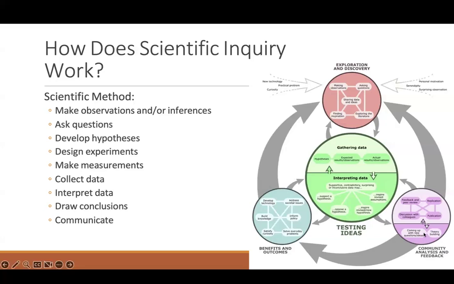So you might need to go to this community analysis and feedback section to get expert ideas from others that are researching the same thing. And from reading some of that literature, you might then have an idea for an experiment. And so you might come over here to the explore and discovery phase, and that might lead you to an experiment where you can gather your own data, right? So it's not a linear, step-by-step process